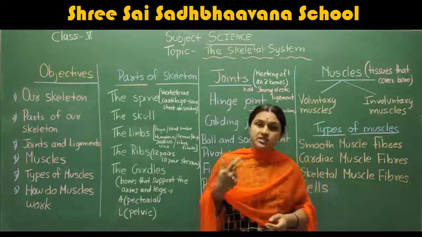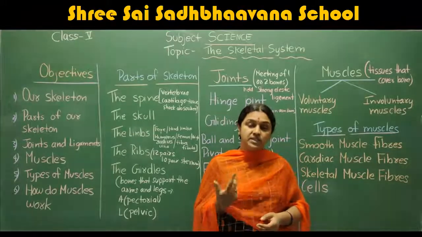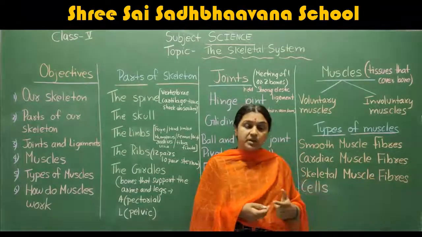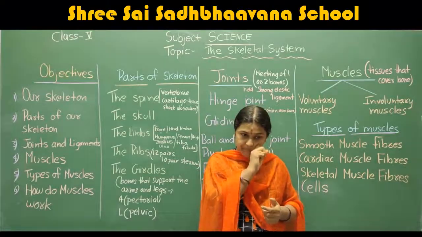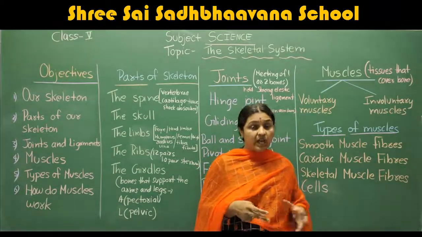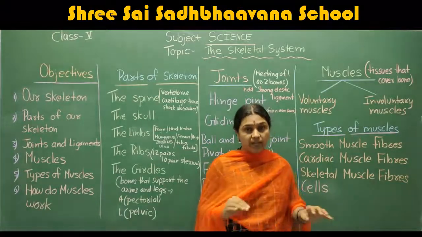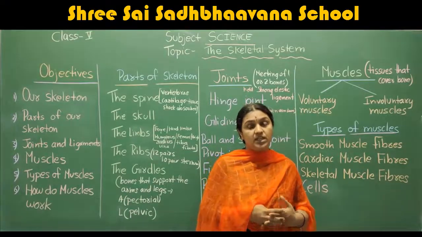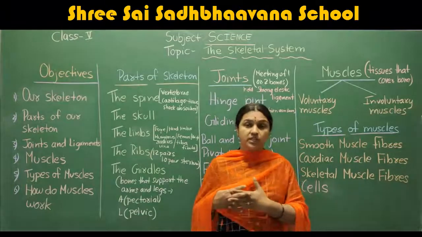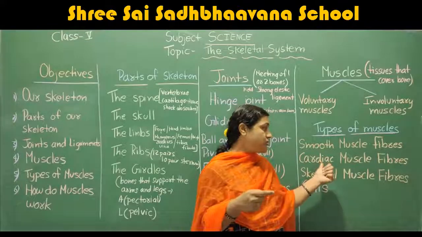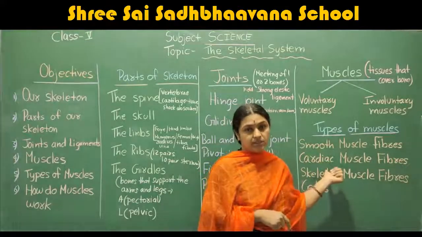Next, we have the cardiac muscles. The word cardiac means the heart. The muscles around the heart are the cardiac muscles. These muscles are covered with bands, and they are very strong. They work continuously. They don't get tired. That is why we see that the heart is working throughout the day. Let it be day or night, it works continuously because of the help of these muscles.